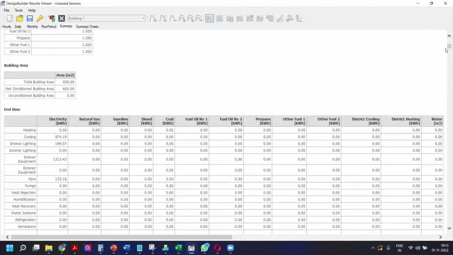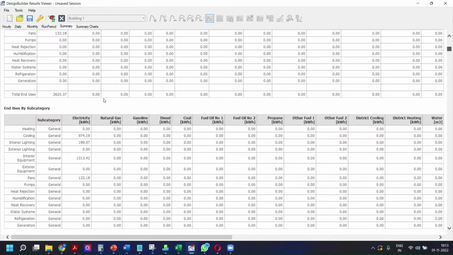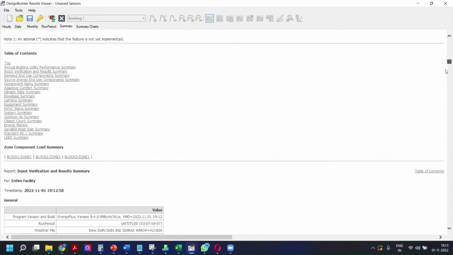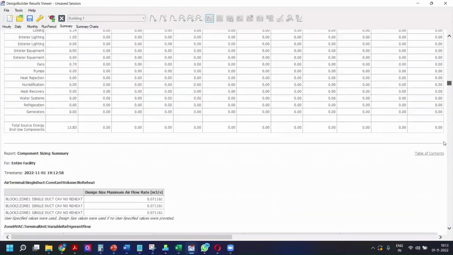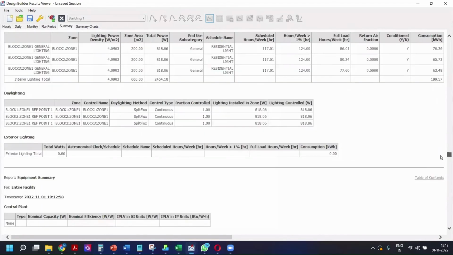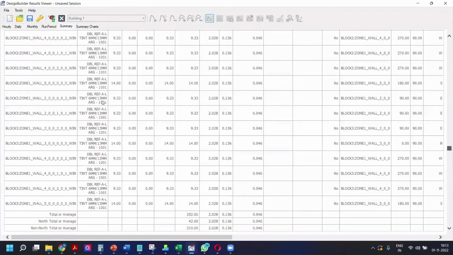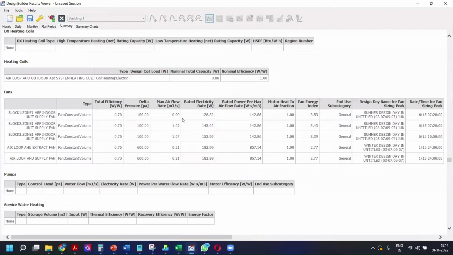So all the summary which we have selected over there, what is the window wall ratio, what is the latitude longitude of the building, all the input that we have given over there will come in a summary form in the report format over here. So all the construction details, and if we want more details, then we can even go to more details. So what is the sizing of the fan, what is the flow per fan, all these things will come